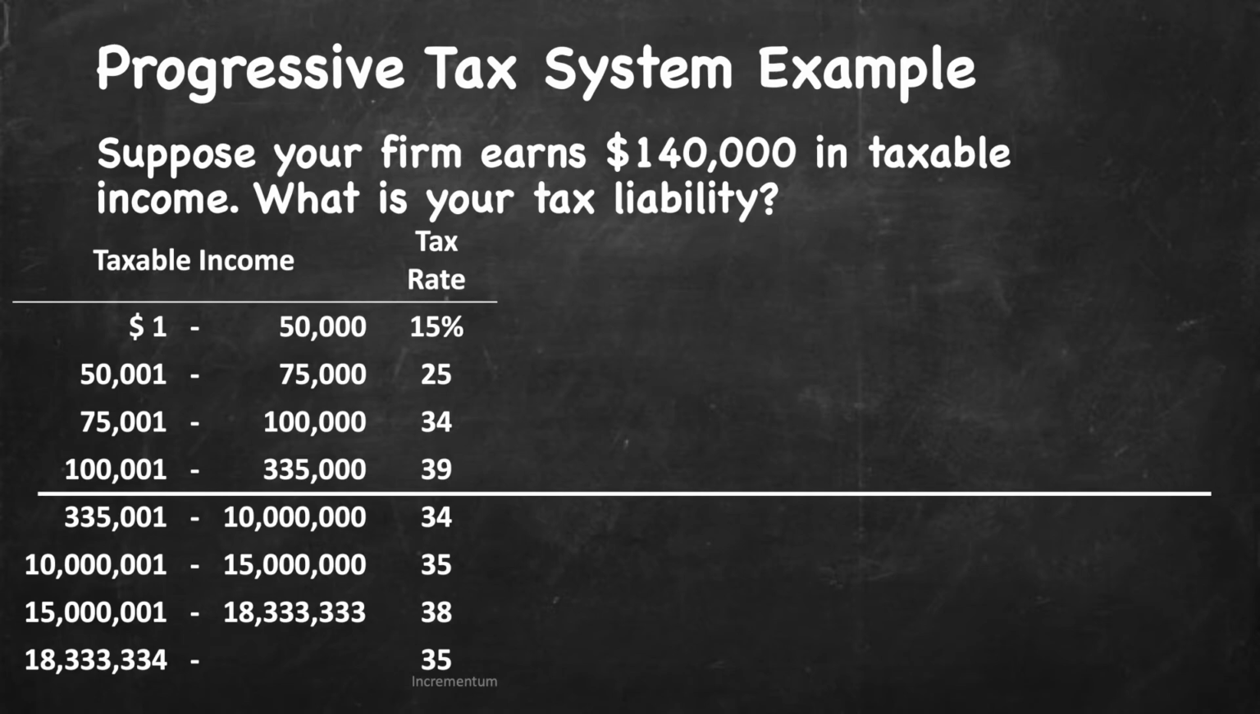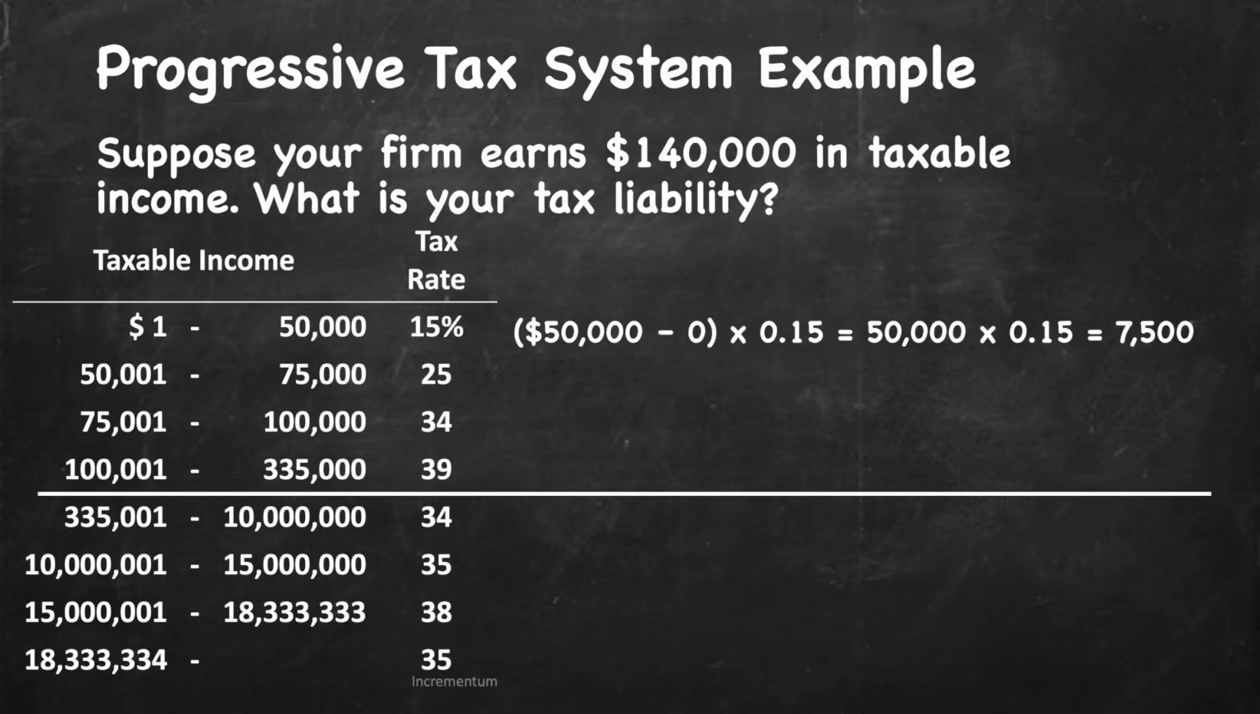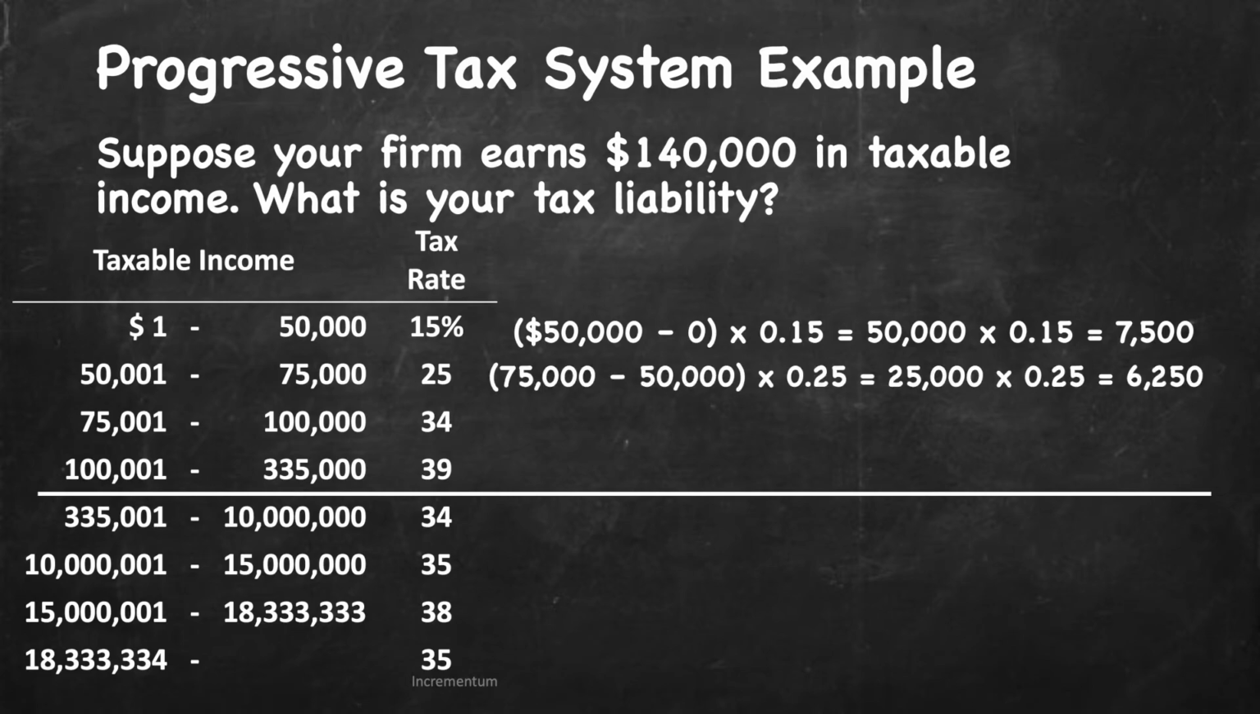We'll start in the first bracket, and we know that our first $50,000, so $50,000 minus 0, gets taxed at 15%. Notice that we converted the percentage to a decimal. Always convert percentages to decimal when you're using them for calculation. So $50,000 times 0.15 gives us $7,500. Since we made more than $50,000, we move into the next tax bracket, and we have $75,000 minus $50,000, so that gives us $25,000 times our 25%, or 0.25,